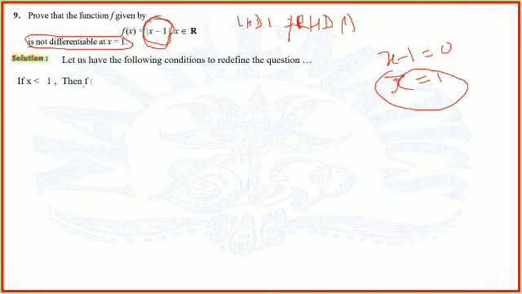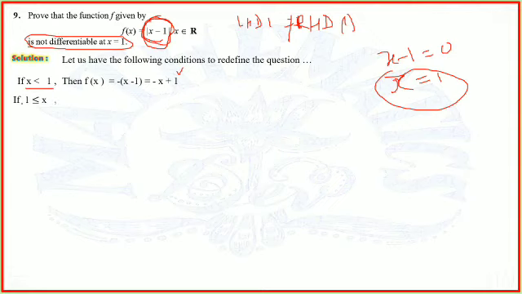that if x is less than 1, then f of x is equal to, since x is less than 1 means 0.5, 0, minus 1, minus 2, minus 3 and so on. So always this function will be negative. So we put a minus sign outside and remove the modulus, giving minus of x minus 1. Multiplying this minus inside, we get minus x, and minus into minus gives plus. So this is the value of the function when x is less than 1.